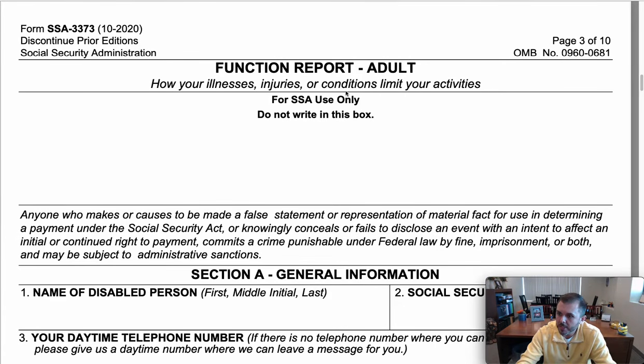Now, we're going to go over this question by question. It's going to be a very detailed video, and I encourage you to watch this multiple times if you need to, and be sure to pause it when needed so you can fill it out thoroughly and properly. So we see that the first page of the function report has general information,